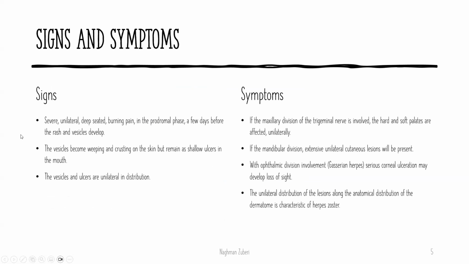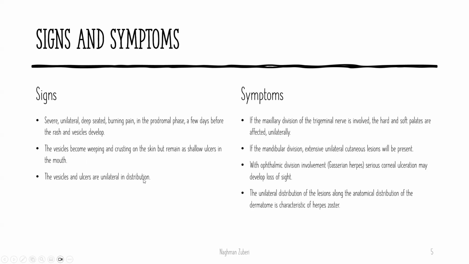Signs and symptoms of shingles. Signs: severe unilateral pain. It is always unilateral. It is not crossing the midline. Deep-seated burning pain in the prodromal phase a few days before the rash and vesicles develop. The vesicles become weeping and crusting on the skin but remain as shallow ulcers in the mouth. Vesicles and ulcers are, as I told you earlier, unilateral in distribution,